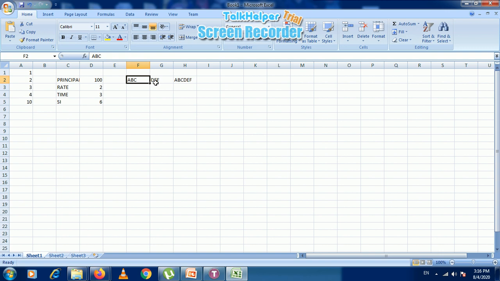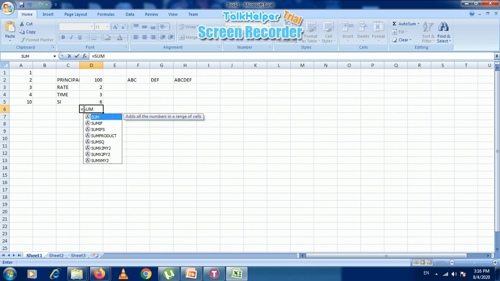After that we have cell reference. For cell reference we can give the cell reference in a single cell. For example, if I want to add D2, D3, D4, D5 in a single go, I have to give the cell reference of these like this. I have to write equals to, then we have to use a formula sum. We have to open the bracket and we have to give the first cell reference. First cell reference is D2,